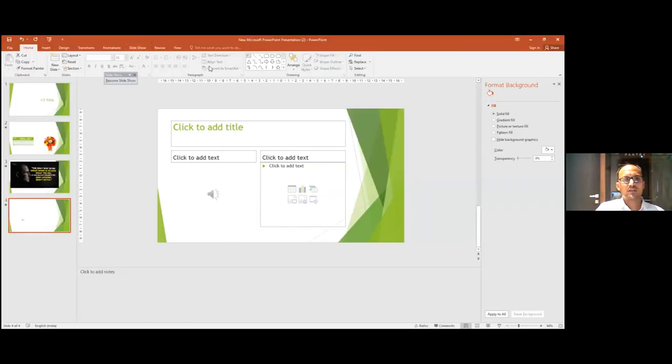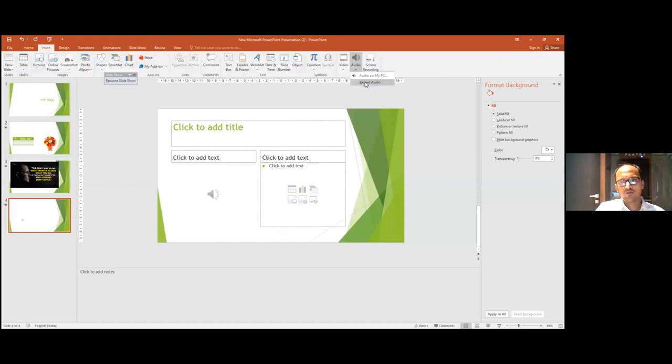Now, the most important thing, how to put your own audio into the presentation. So here you can record your own audio. Your recording tab is there. You can record your own audio, and you can put it into the slide. So simply, if you have pre-designed content in your slide, you can talk or you can explain that particular slide to your students, and it will give your own voice to your slides like this.